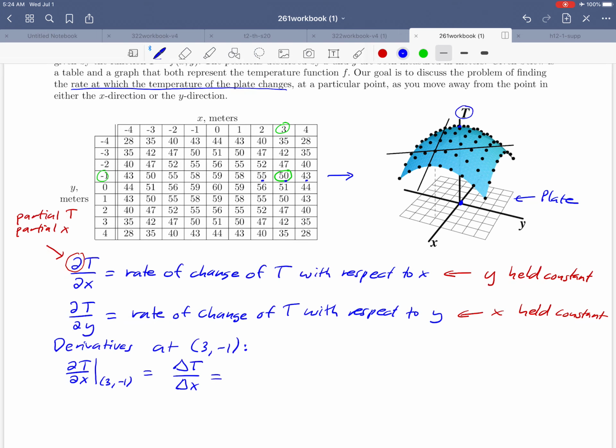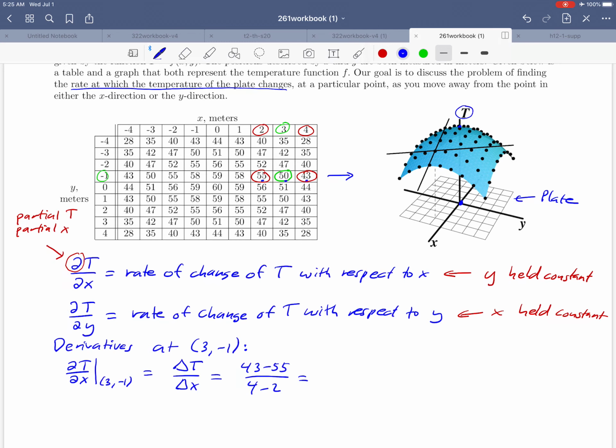Okay, and to get the specific numbers, I'm going to just pick one point on either side. So we'll pick the 55 and the 43 points that we see there. So the change in temperature would be 43 minus 55. And then we'd ask, how much does x change? We went from 2 to 4, so we're going to get a change of x of 4 minus 2. If you do the arithmetic there, 43 minus 55 over 4 minus 2, you're going to get